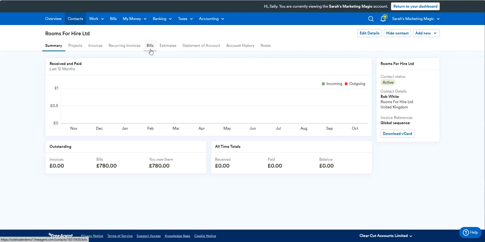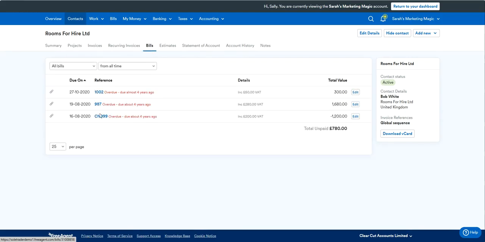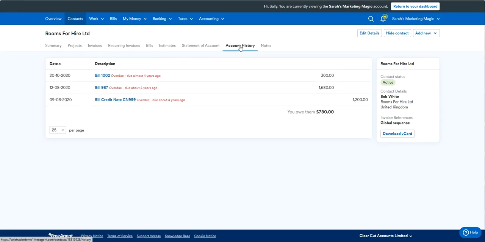And when I go to account, you can go on bills, which will show you what's outstanding, but I usually go on account history and then you can just see if any have been paid. So I can see that there's quite an old bill from August. Obviously these are all quite old, but say that one's the oldest bill. And before that, there was a large credit note. And then we've got the new bill. Again, you don't really know when the credit note is because it's got different numbering. But you can see from here that there was a credit note and then 2 bills, and